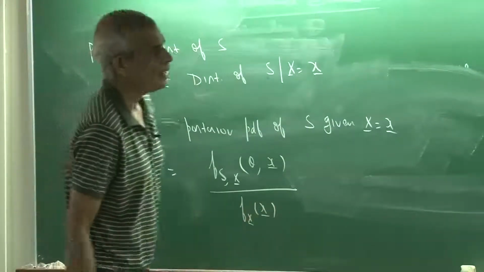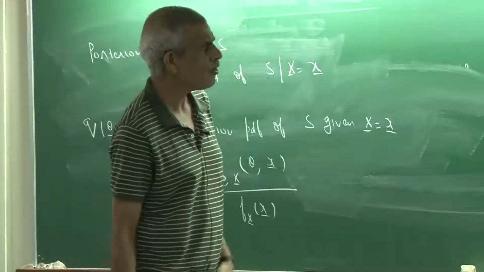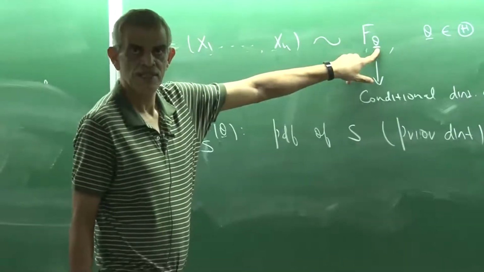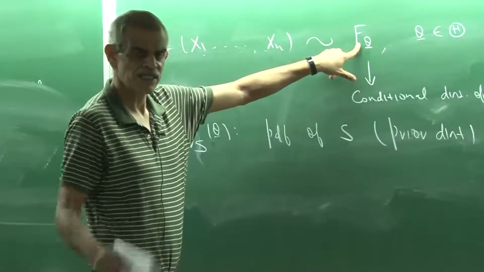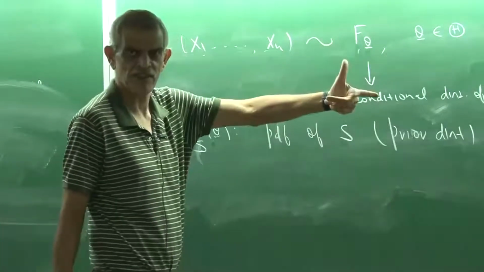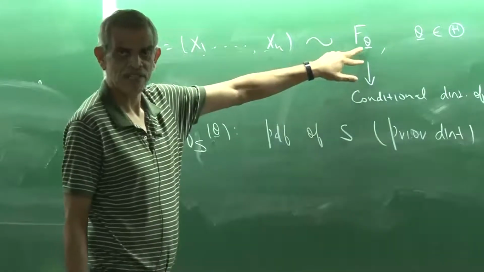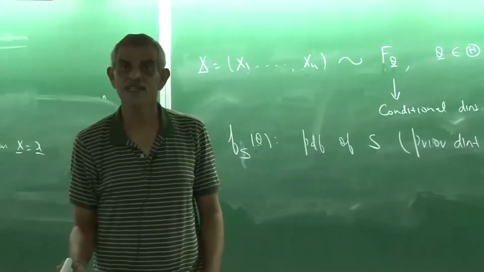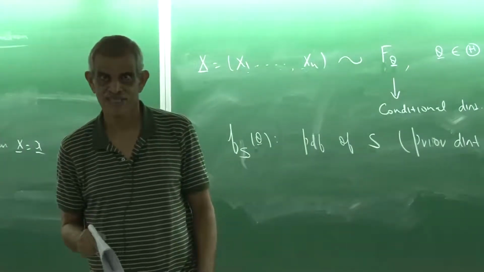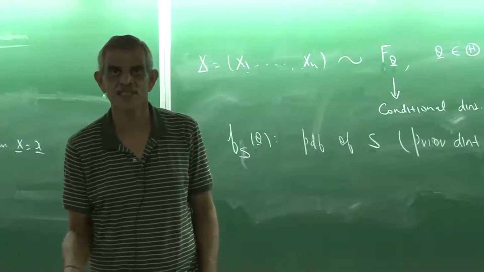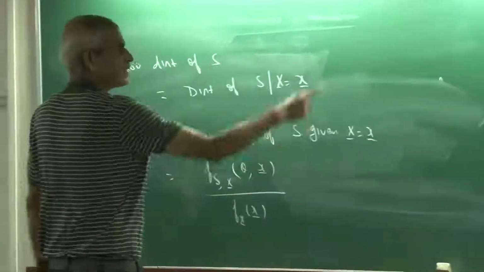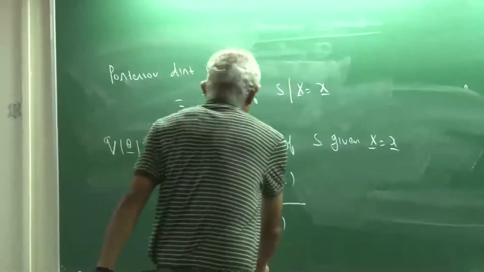at x. Let me just add a word of caution. In the Bayesian framework, this is not a marginal of x, because here I am considering theta to be a random variable. So this f theta, which in the frequentist approach we call a marginal of x, in the Bayesian framework I don't call it a marginal of x. It is in fact a conditional distribution of x given S is equal to theta. That means given that the true state of nature, which is random, is given to be a fixed quantity theta. So it is a conditional distribution. And that is why this f of x is not the same as f theta of x. Okay?